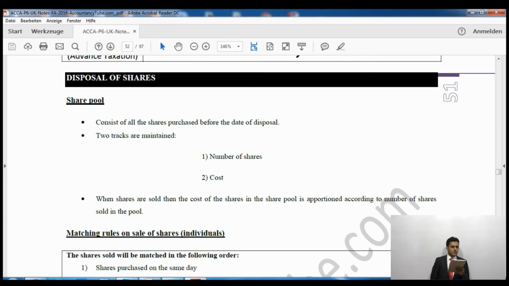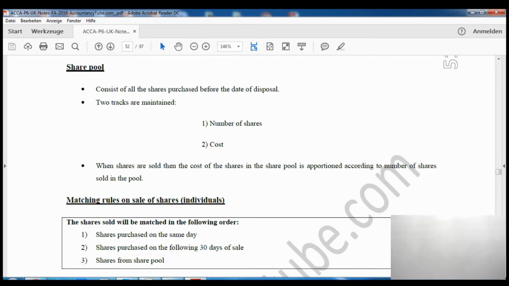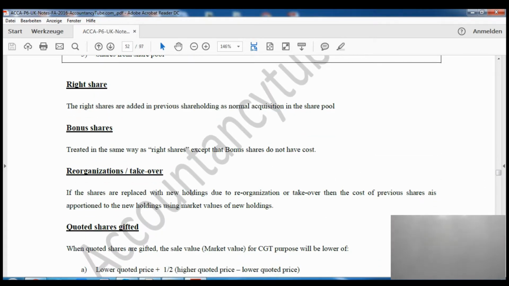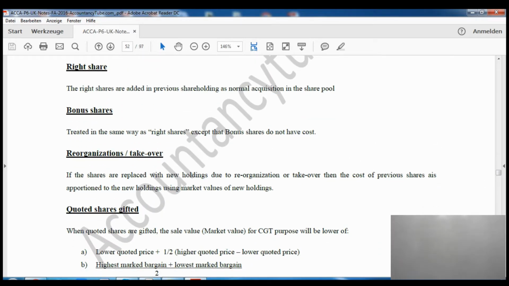Now two tracks are maintained. So the first one will be the number of shares, and then the second one will be the cost, as I said to you earlier. So when the shares are sold, the cost of the shares in the share pool is apportioned according to the number of shares sold in the pool. So whatever number of shares we have sold, we multiply by the cost per share, and that will be the